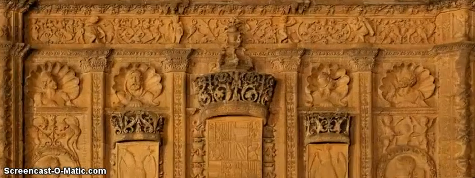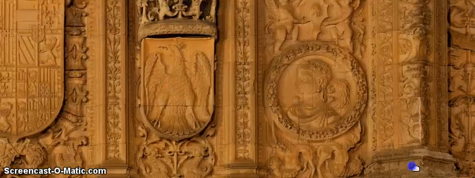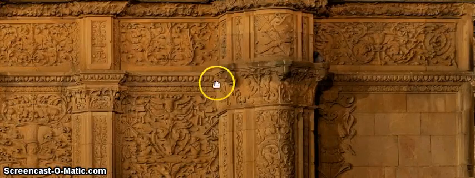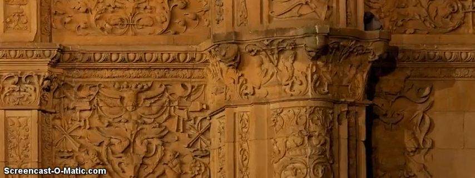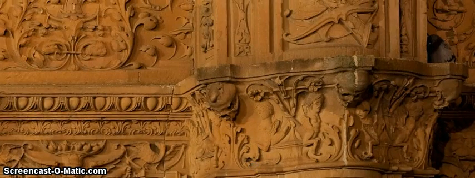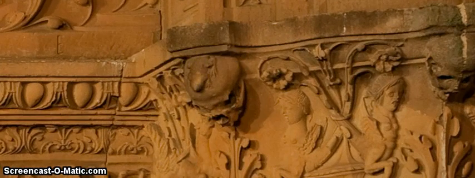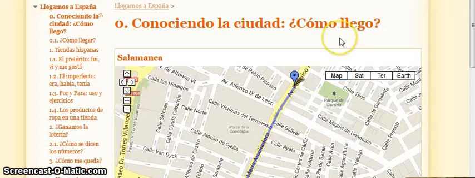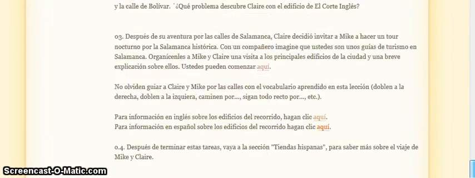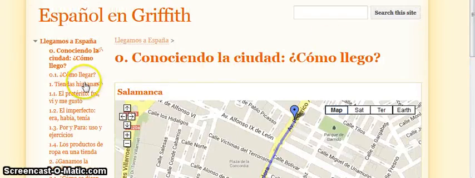For instance, they have to find the frog on the skull. So let's see if we can find it. Oh, here it is. Oh yes, here it is. We can go back then to our original page. We can continue with the exercises, and once you finish, you go to the next one, like for this case,